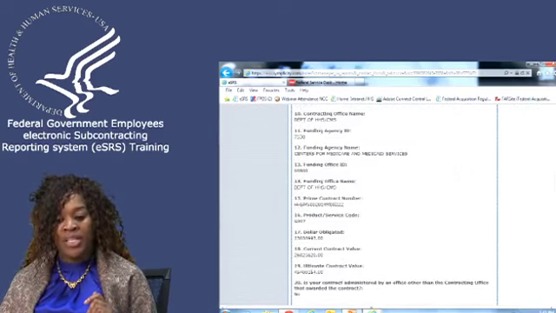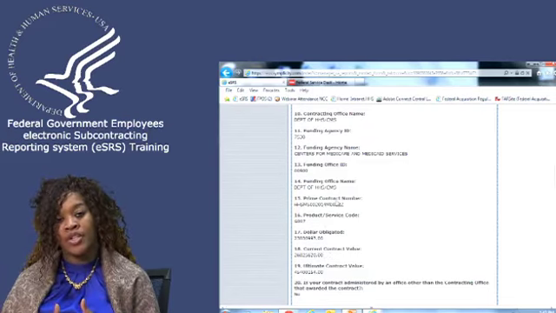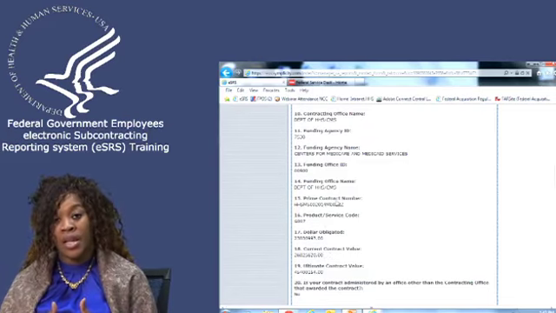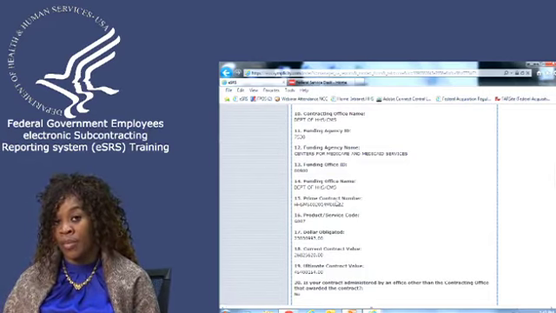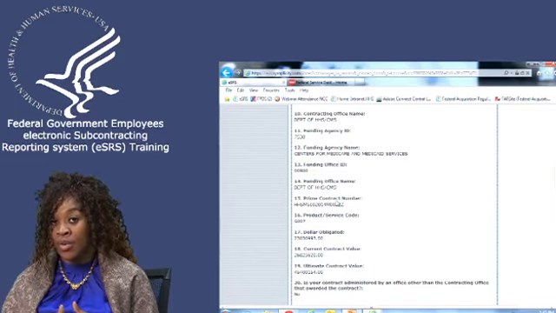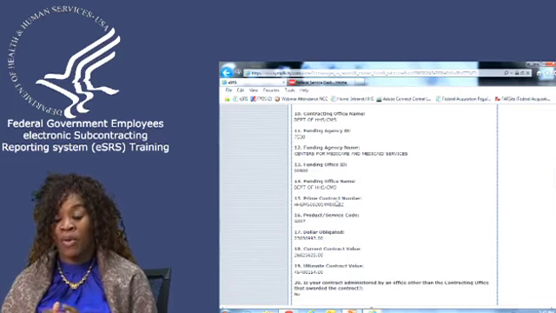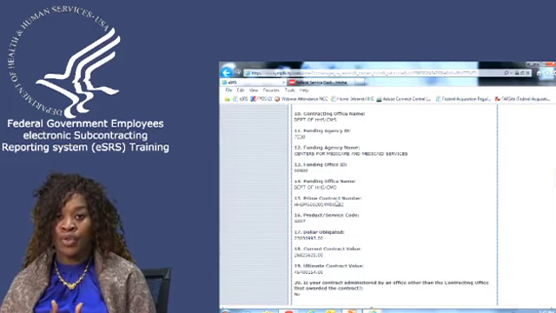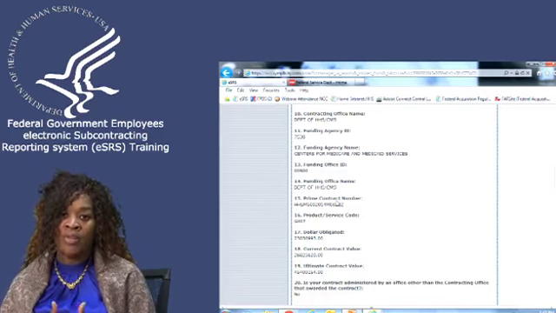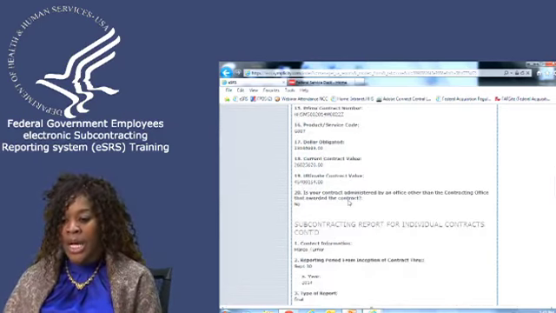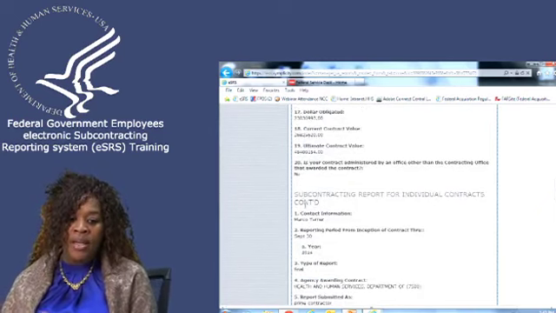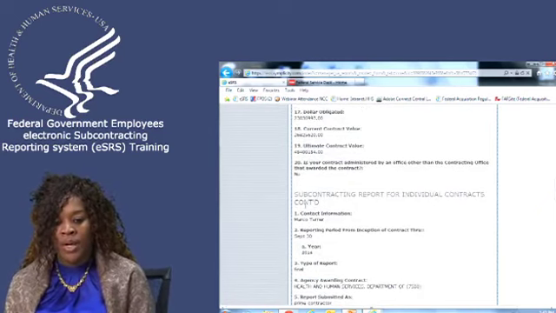I would say that you need to verify this data as well, as the contracting officer, to make sure that the data did actually flow over from FPDS-NG accurately. If you find that the data is incorrect, then you still need to reject the report, figure out why the data is not accurate, and then ask the contractor to redo their report once you've gotten the data to be accurate. Okay. Now, number 20 asks, is their contract administered by another organization?